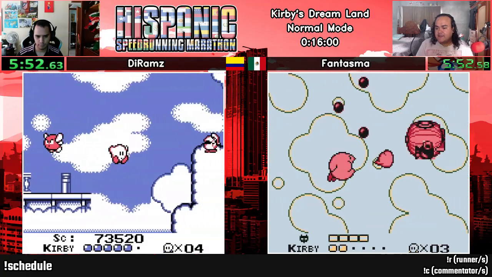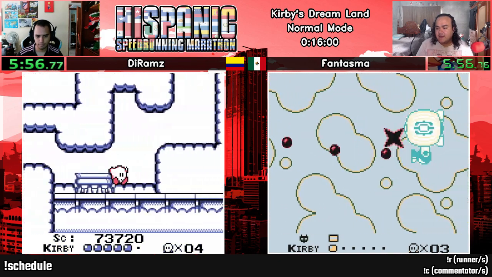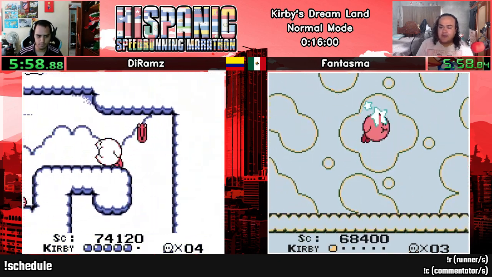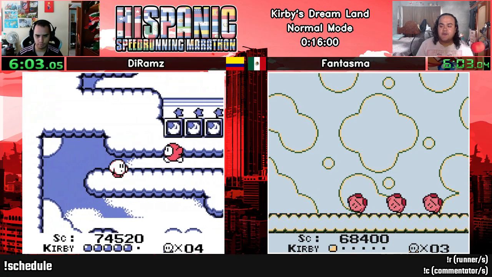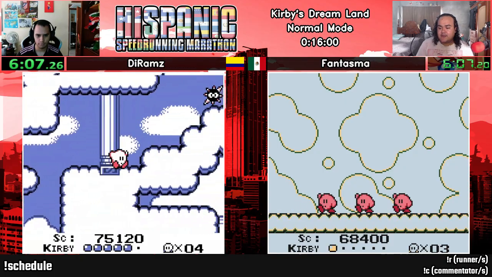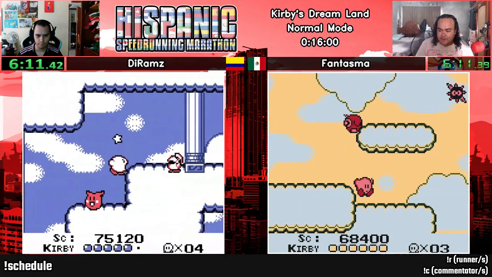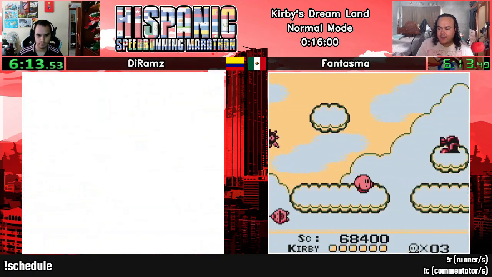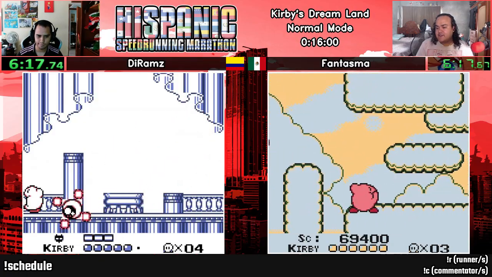Because at the end, the star that you need to grab in order to complete the stage appears in the middle of the stage. So if you stay there and grab the star as quickly as you can, that's the fastest way to save time in order to complete the stage. And now we're at Bobby Clouds, stage 4, and the boss of this stage